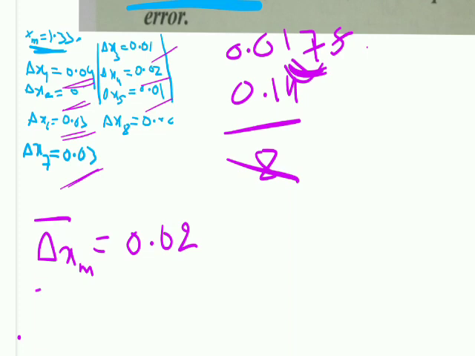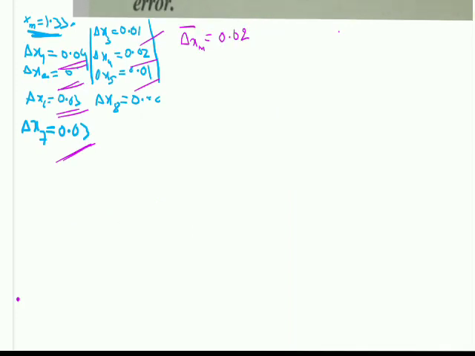This is the absolute mean error. Mean absolute error delta xm is 0.02. So the relative error is plus or minus